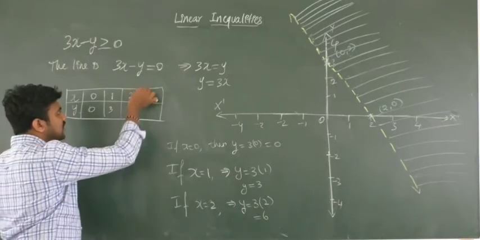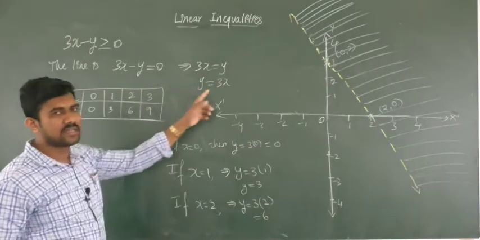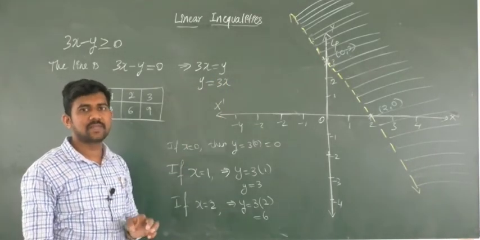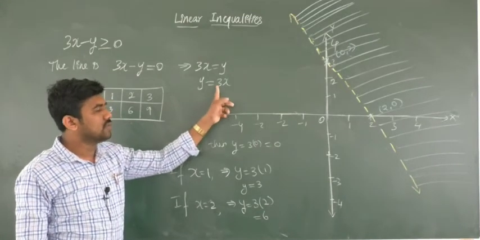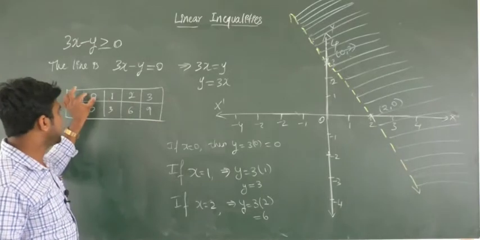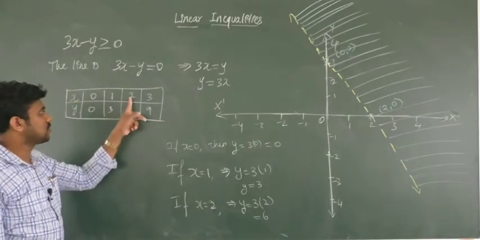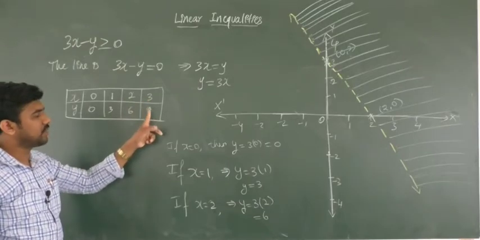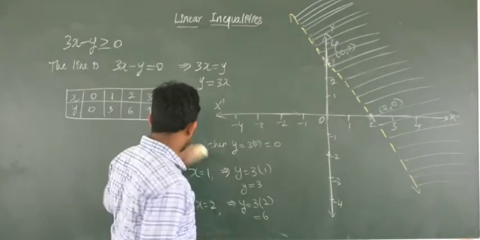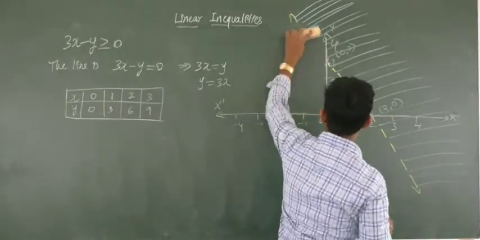6. Similarly, if you take x is 3, what y will we get? 9, because y is the multiple. Okay, 3 into x, y is equal to 3 into x. So 3 times the x value. If you take x is 0, y is 0, x is 1, y is 3, x is 2, y is 6, x is 3, y is 9. Okay, understand? Okay, now to get the line here, what you have to do is consider or mark those points in the plane.